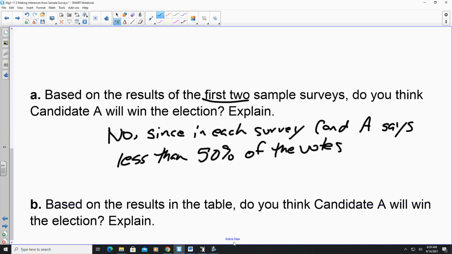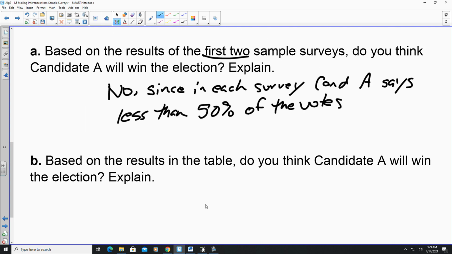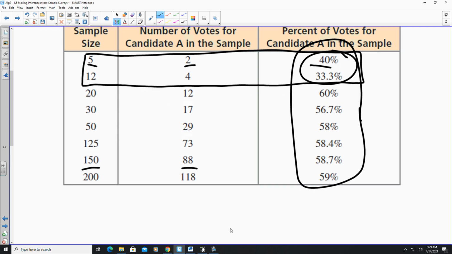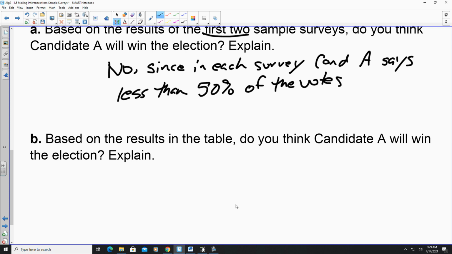Looking at example B here, it says, based on the results in the table, do you think candidate A will win the election? Explain. So what I would say is, as we increase the sample size, we get, so I'm just going to use the largest sample size, which is 200, and that gave us a 59% candidate A vote. So looking at the entire chart, I would say yes,